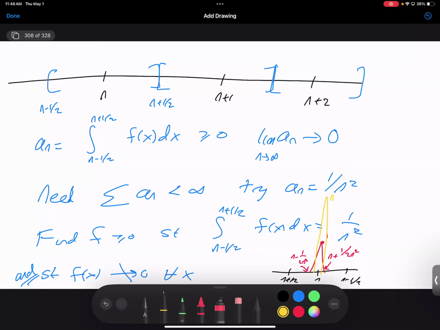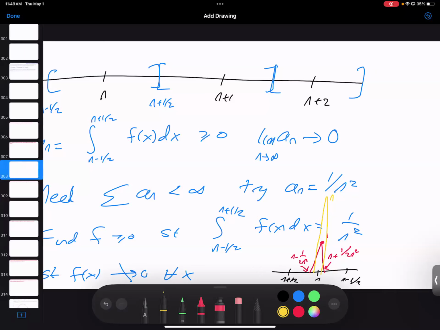So just because the integral of f is finite does not mean that f has to be going to 0 pointwise. This is one of the most common mistakes people make. And I think the reason they do it is because it's true for sequences. If I give you a sequence of non-negative terms, then the terms have to be tending to 0, yes. But if I give you an integral, the function can be getting larger and larger and larger, so long as it's on smaller and smaller and smaller sets. And so it is possible to give you a function which has finite integral.